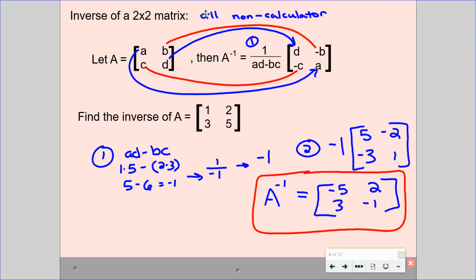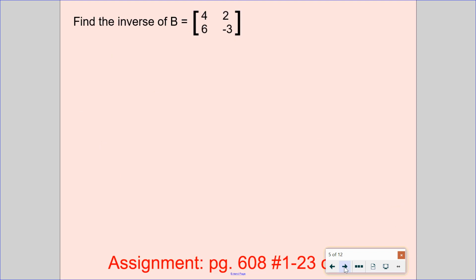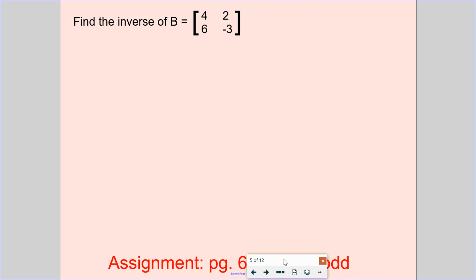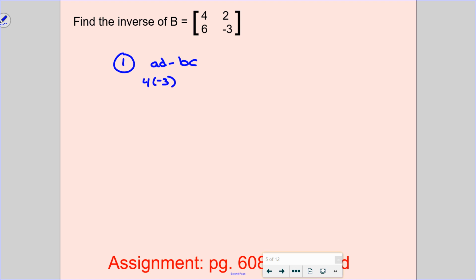So I do have one more example here, because this can kind of show up a little bit differently depending on your scenario. Because what you have is still the exact same first step, where you have your AD minus your BC. And as you're going through, well, let's try that. We have our 4 times negative 3, and then minus, and now inside we have a 6 times 2. When we do this, we end up with a negative 12 minus 12 in this case, and be very careful as you look through here,